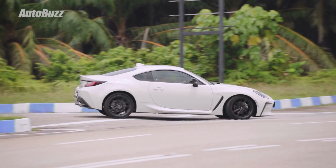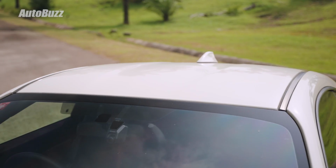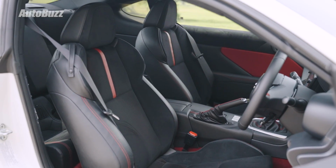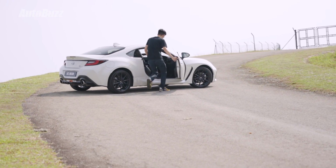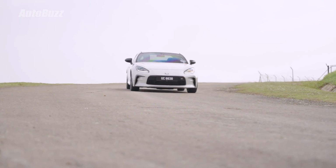Every step of the throttle and the car just reacts instantly. And it's partly down to the weight. It's got a lighter roof, fenders, rear muffler, drive shaft and seats. Weighing just 1.2 tons, this thing is even lighter than the Corolla Altis. In fact, Toyota claims that the GR86 is the world's lightest four-seater, and that has had a very positive effect